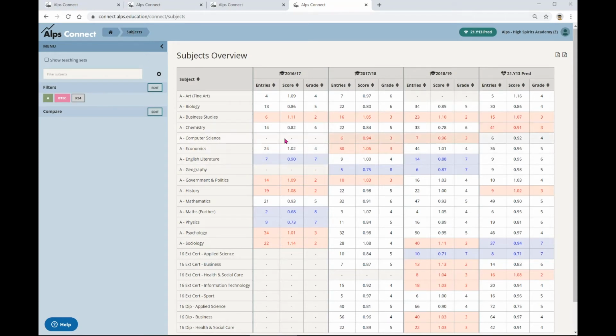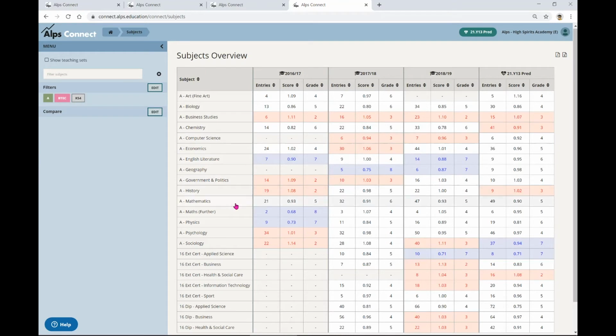at this point now, as a leader, I'm thinking about the different messages for each of the individual departments. We've begun to see a bit of a trend in that we know that sociology is generally under-predicting. We know that chemistry are over-predicting possibly. So what would be the questions to ask those? Sociology actually get fantastic results, so we need to be trying to glean from them what it is that they're doing to get those results, at the same time as trying to address the quality of their predictions.